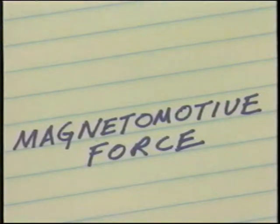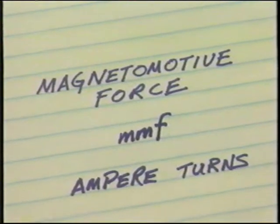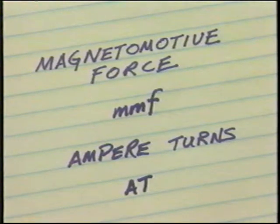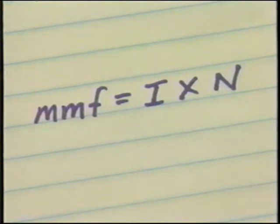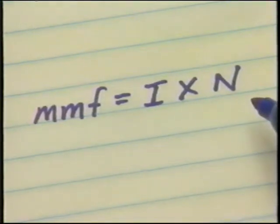In order to compare the magnetic strength of different coils, the magnetizing force must be determined. This force, caused by the current flowing through the coil, is called the magnetomotive force, abbreviated mmf. The unit of measure for magnetomotive force is ampere turns, abbreviated AT. The magnetomotive force can be found using this formula: mmf equals I, the current in amperes, times N, the number of